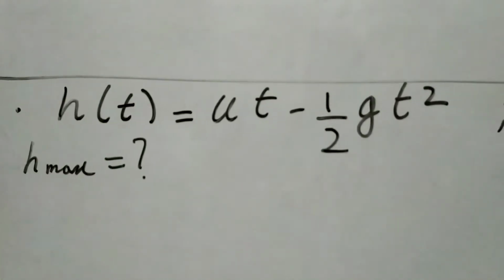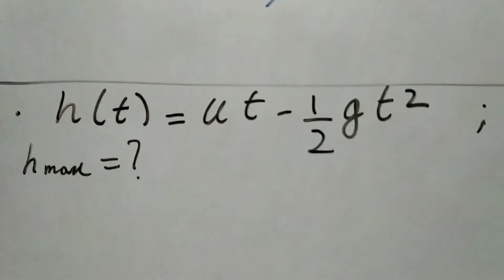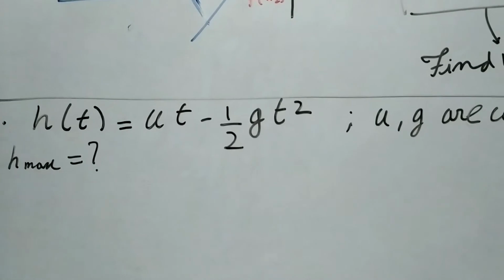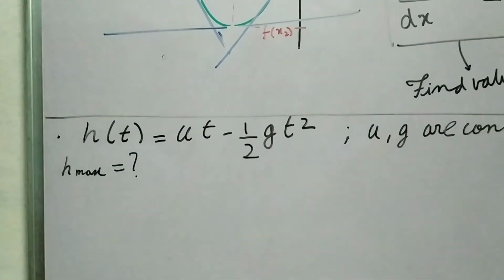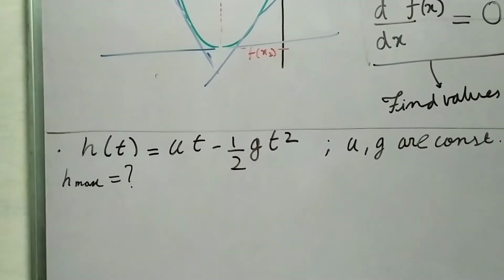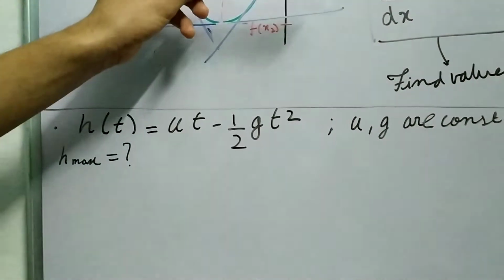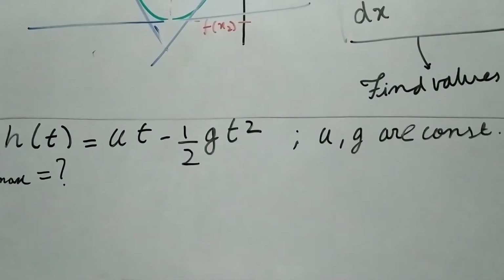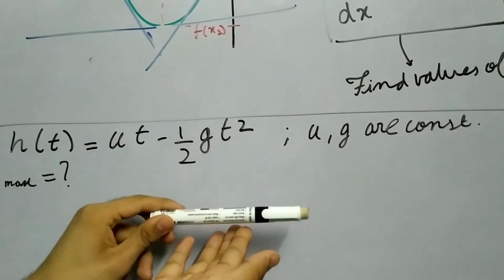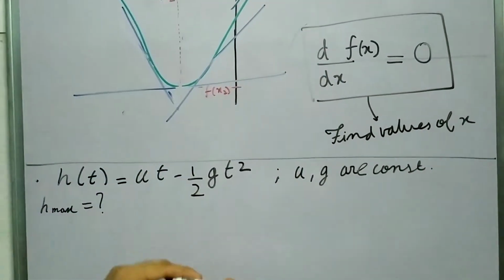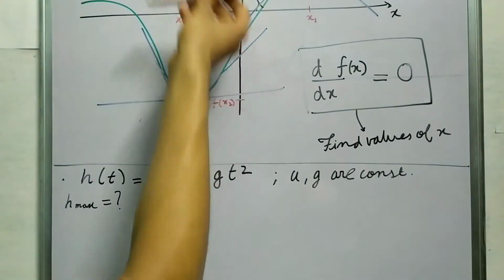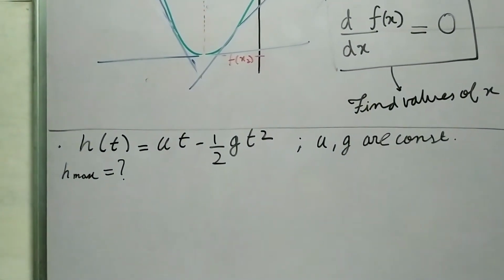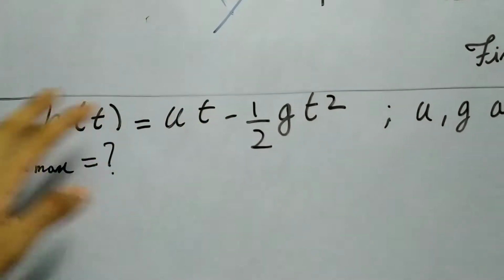So this problem is taken from Concepts of Physics. The height as a function of time for a particle which is moving upward. So if you have this marker, and if I throw it, it gives you the height as time passes. You start your clock at t equal to 0 when it has just left, and then as the timer increases, your height is given by this function. It increases or decreases. Now we need to find the maximum and minimum values.